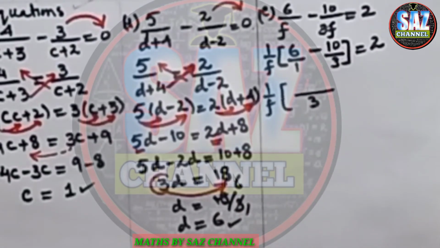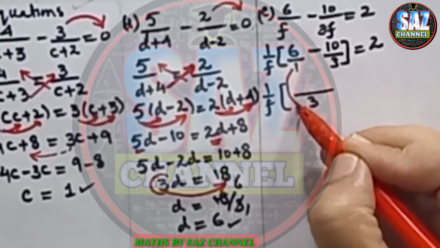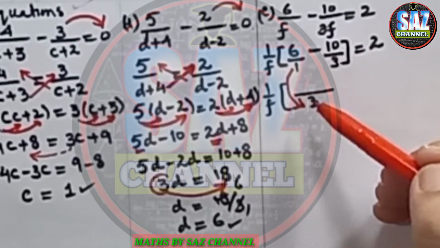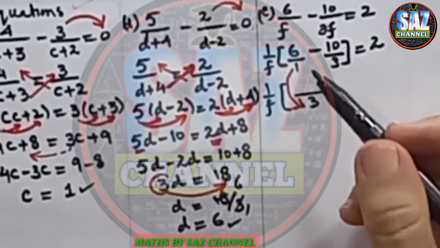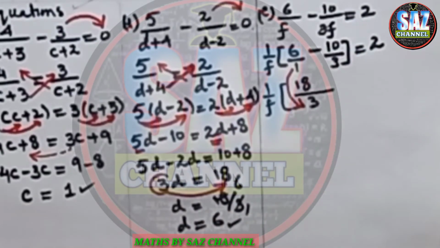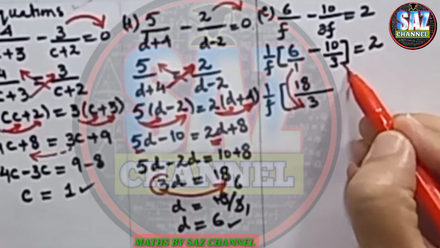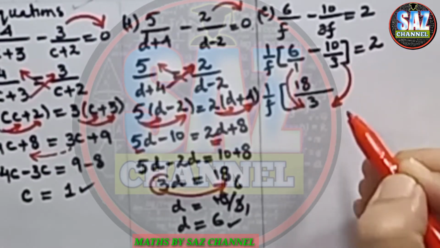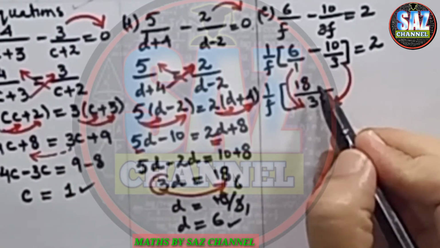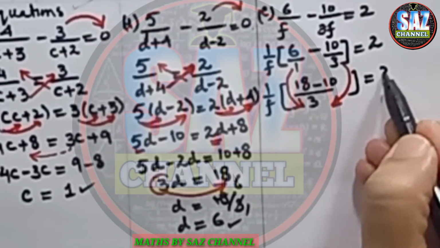Now, go back to each fraction one by one. The denominator of the first fraction is 1, but the LCM is 3. So this fraction has a deficiency of 3. So that 3 will be multiplied with the numerator. 6 times 3 is 18. But if we look at the second fraction, the denominator and LCM are the same. So it means the numerator will not be multiplied by any number. So it will become as it is, and close the bracket, which is equal to 2.